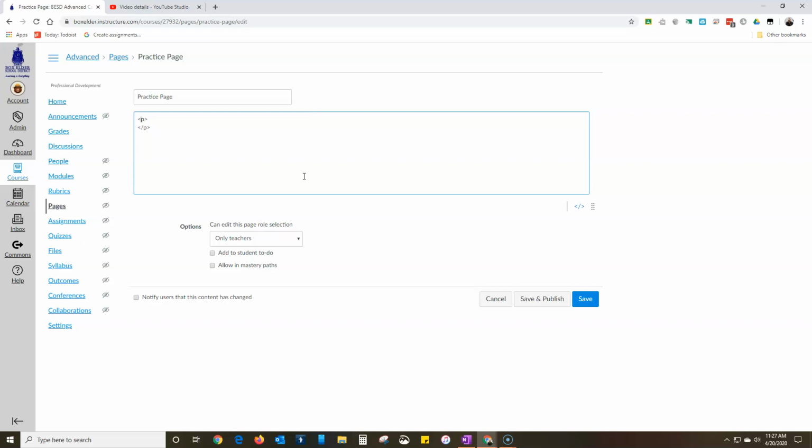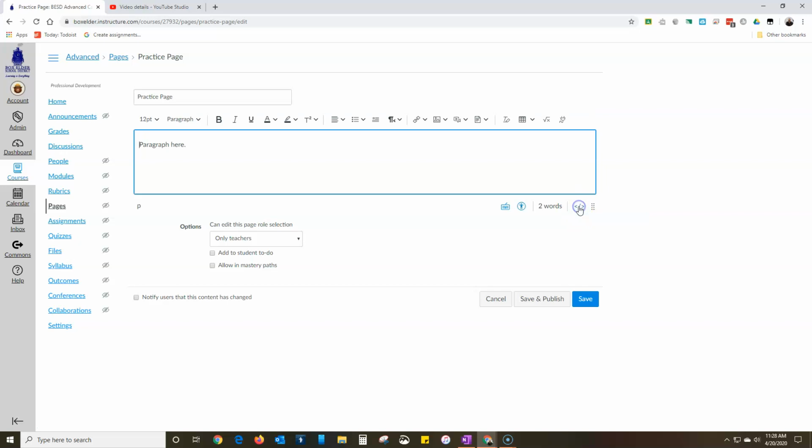Inside there it says what it is. So this P stands for paragraph. That's the beginning of my paragraph. This, with a slash and then the P inside the same greater than and less than signs, says that it's the end of the paragraph. So I'm just going to type paragraph here. Bring that back up, and when I leave the HTML code, that's what it looks like. Now if I want a new paragraph,